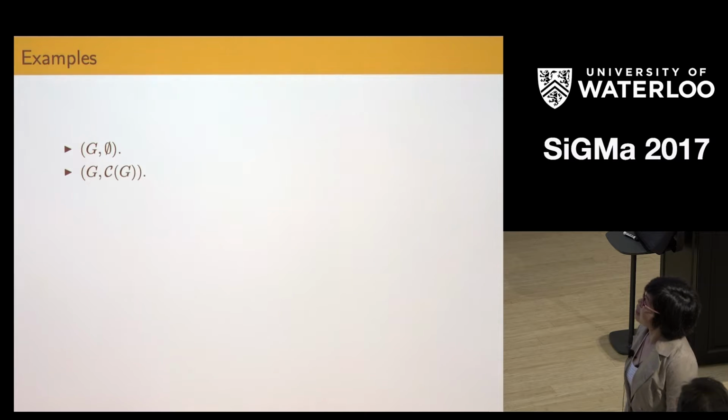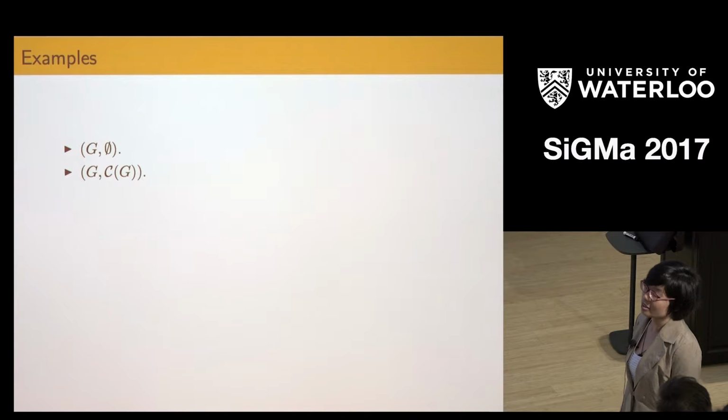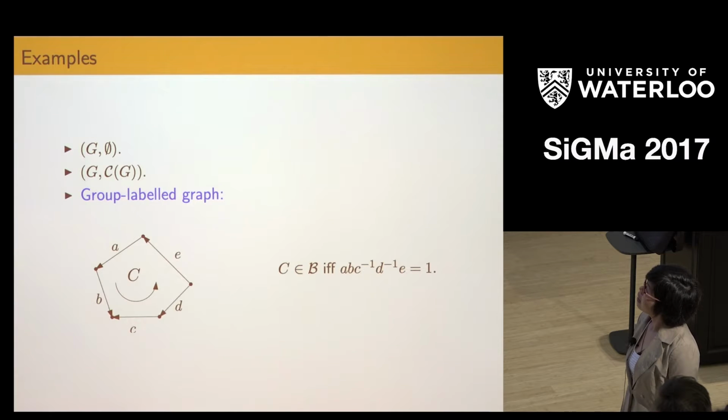Okay. The other example is the graphic matroid. If B contains all cycles in G, it also satisfies the theta property. And the third example comes from group labelled graphs. If I give